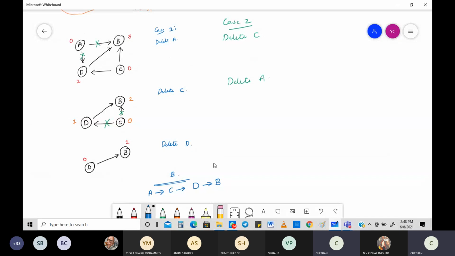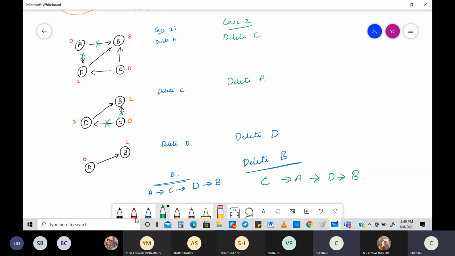Then the next thing would be delete D, and the last step being delete B. So this one would have been like this: first C, then A, then D, then B. Okay, this is known as topological sorting using the source removal method. You got to know why it is called source removal, because I'm removing the source itself, the source that is having an in degree equal to 0. So this is one of the examples that needs to be kept in mind.